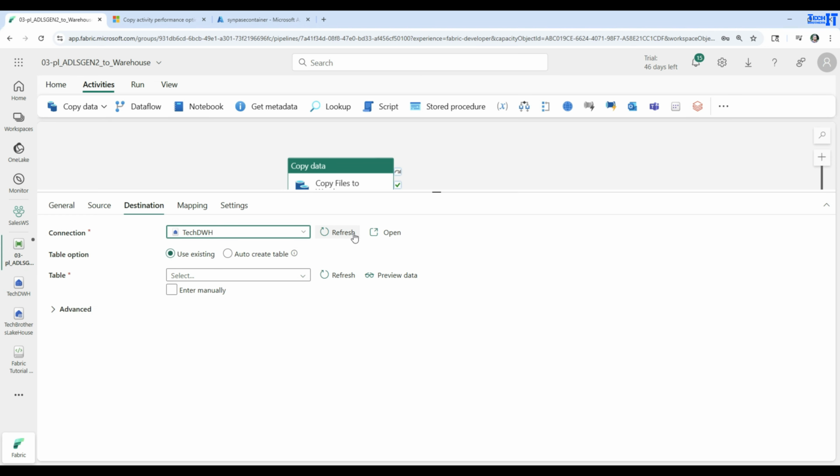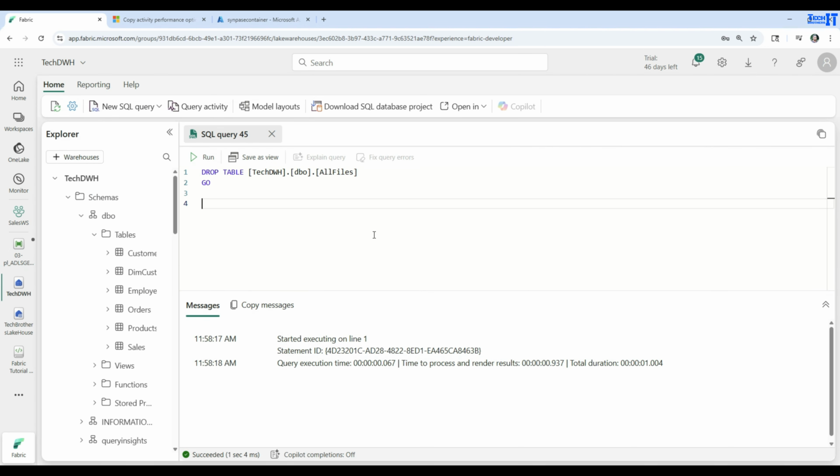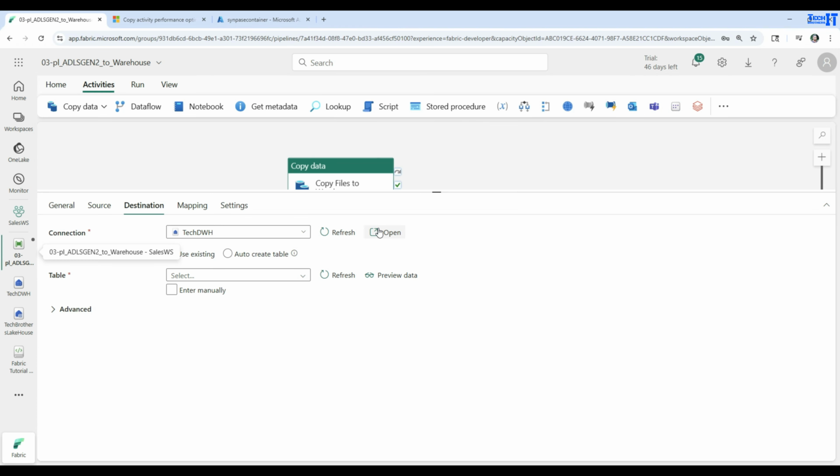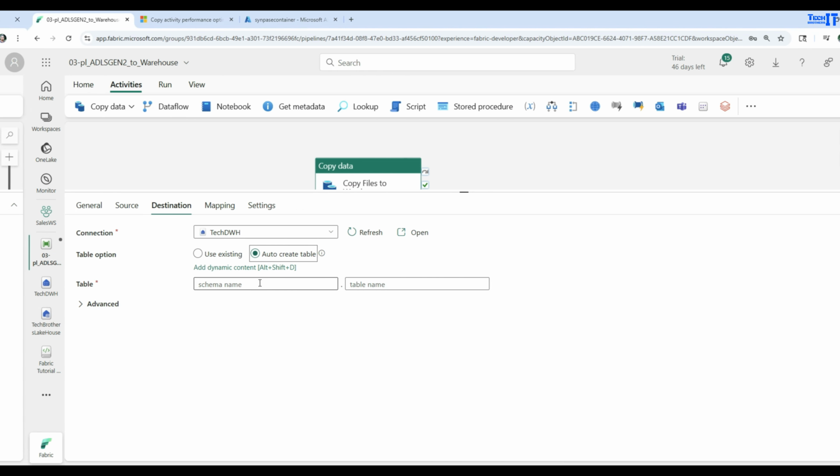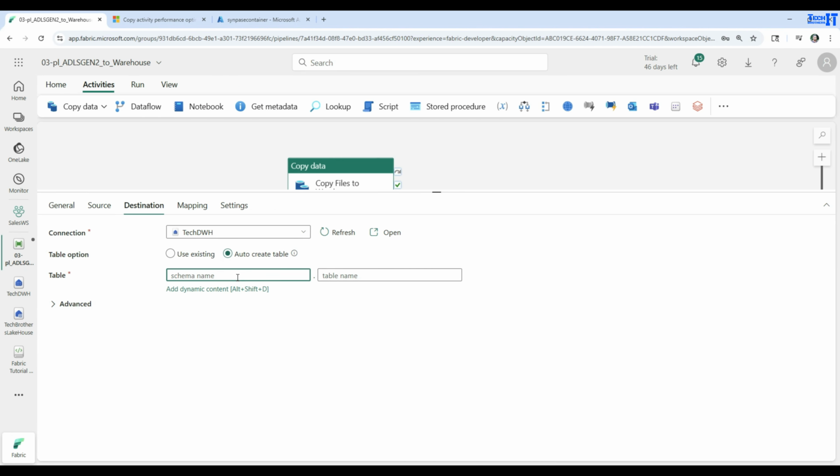Now there is a button here. Once you click here, you can always click and it will bring you here if you want to make sure this is the right one. Go back here on this pipeline, and now you can use existing table or create a new table. In our case, I want to create new table. Now we will be providing the name of the table, and I'm going to call this one load all files